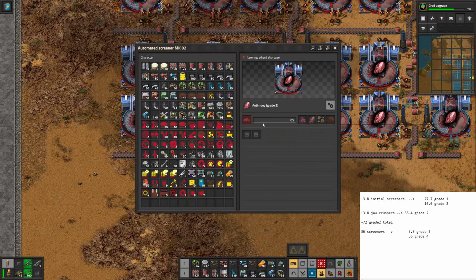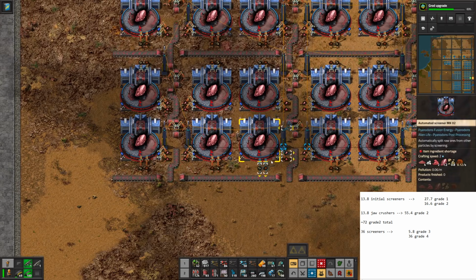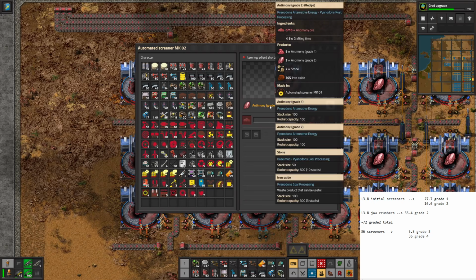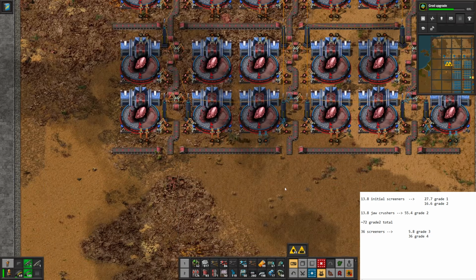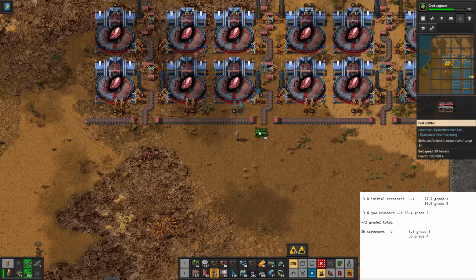What I need is to take the ore in, and then we only need to feed the grade 1 into the jaw crushers, which are right there. So we probably need a different structure. And if I... Well, I can probably do a rail right here. Let's see how much...